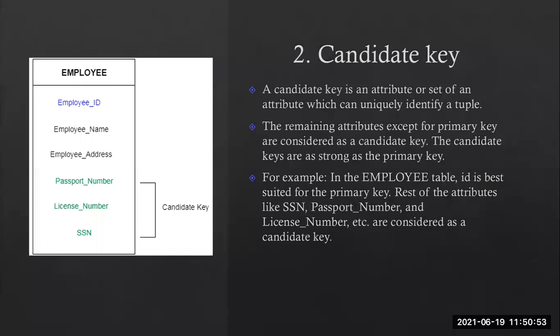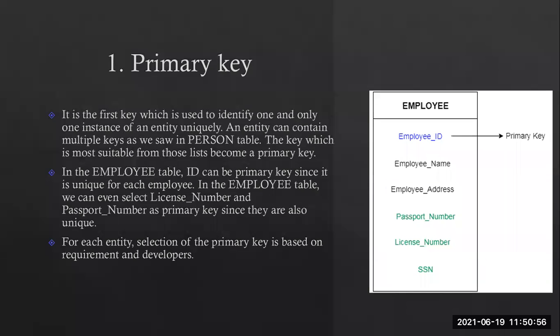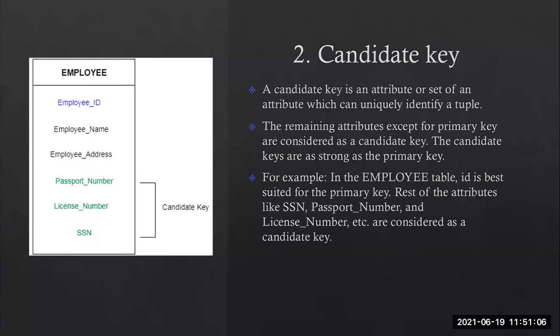With the candidate key here. Now, same table I'm referring to, and for your reference sake, I have prepared the table so that you will get an idea of what the primary key was and what the different keys are. Okay. The second type of key is called a candidate key here. So let us see first of all, a candidate key is an attribute, that is also one key here, or a set of attributes which can uniquely identify a table here.